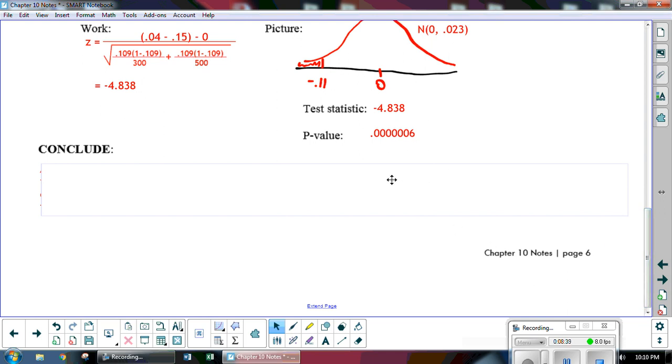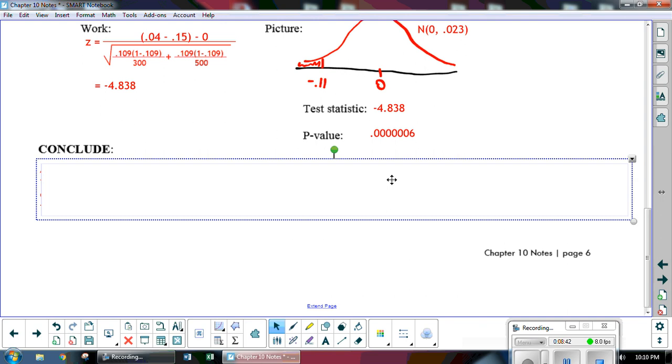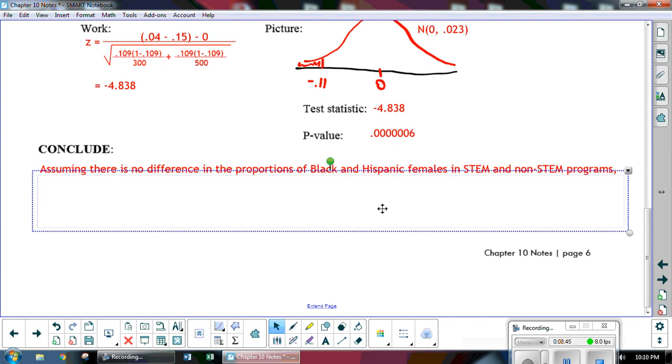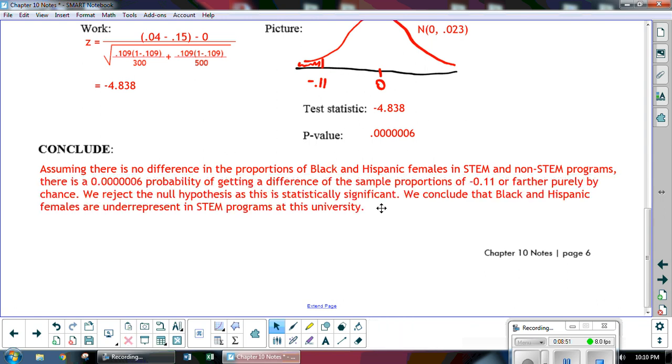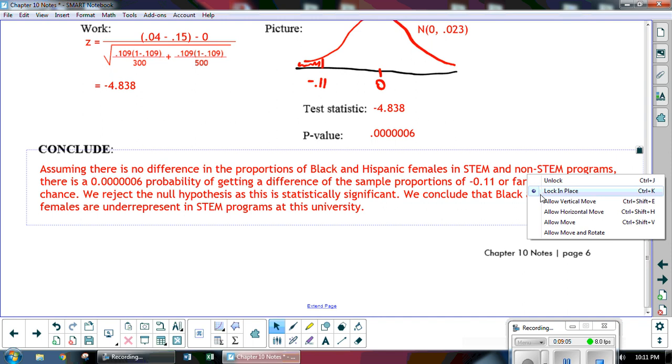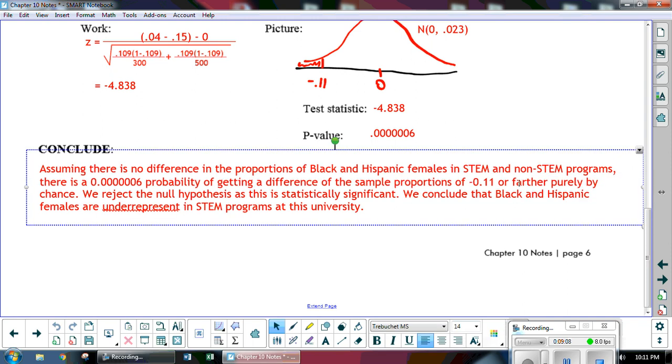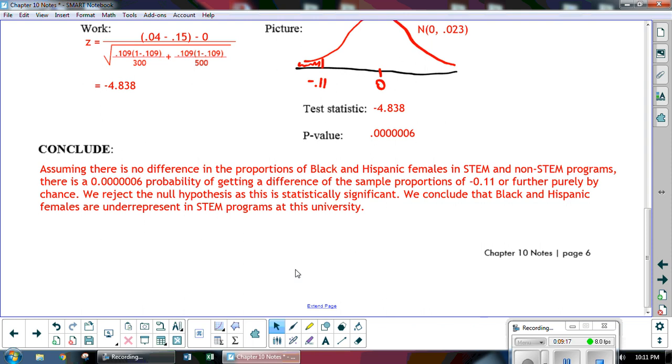So here's how we're going to write this out. It's going to sound pretty familiar, but let's go ahead and talk about it. Assuming that there is no difference in the proportions of Black and Hispanic females in the STEM and non-STEM programs, there is a 0.0000006 probability of getting a difference of the sample proportions of negative 0.11 or farther purely by chance. We reject the null hypothesis as this is statistically significant. We conclude that Black and Hispanic females are underrepresented